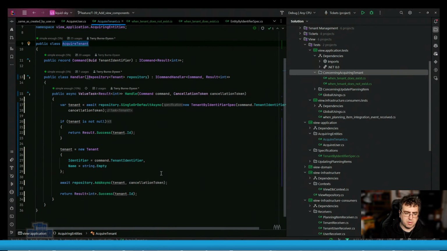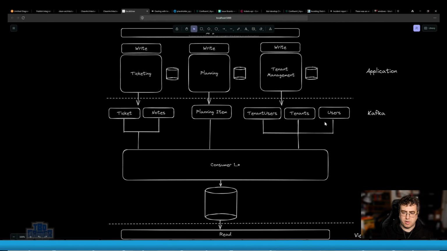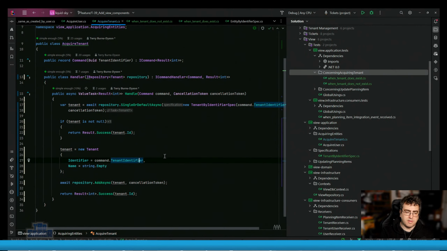This does solve the problem. What happens when I receive a planning item before I receive a tenant? This will say, hey, get me a tenant, and it will stub out the tenant, and then the tenant message comes in and gets processed. They are highly unlikely to collide. But